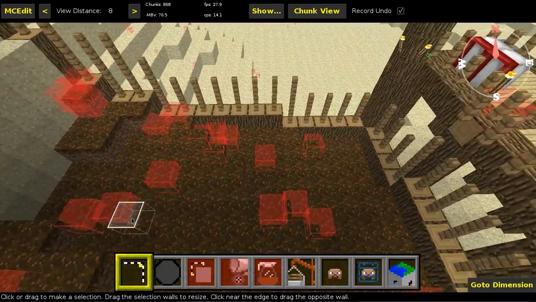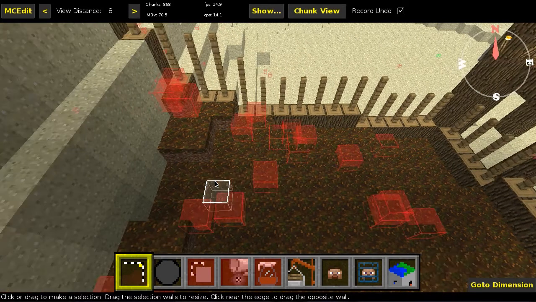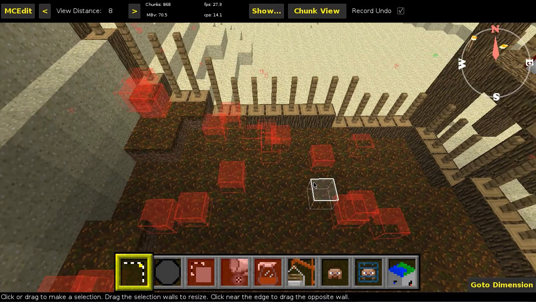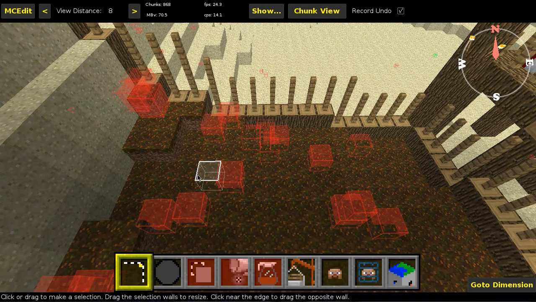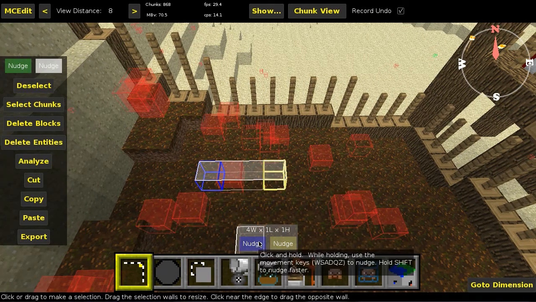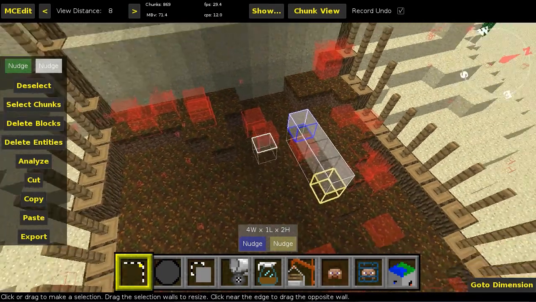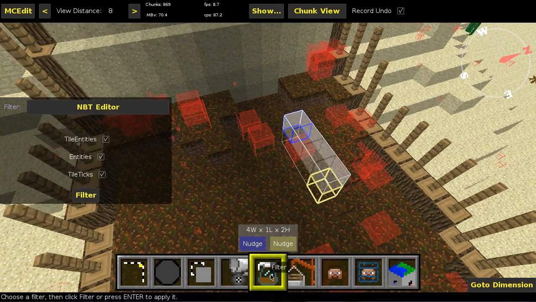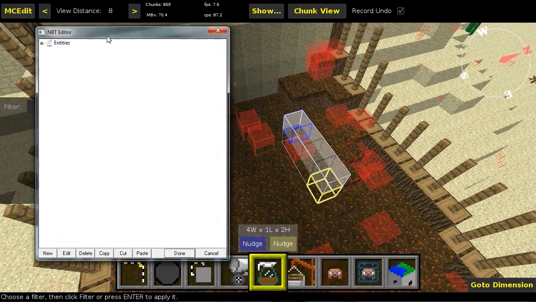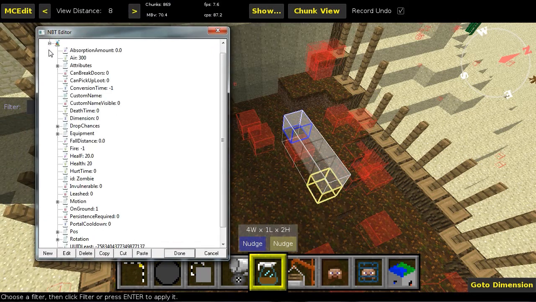Now, all these red bits around here, these are all entities. And in this case, these all happen to be zombies. Now, we need to select an area containing them, so that area just has one inside it. And you need a filter called MBT Editor, which is by TexelElf. Technically, you can do this by using an external editor, but trying to target an individual one of these by hand would be an absolute pain in the butt, so it's really not worth it. So we'll run the filter, and you'll see that we get up the MBT editor,